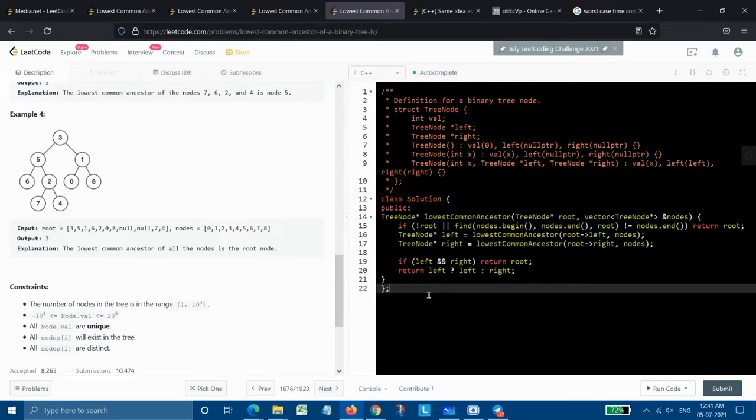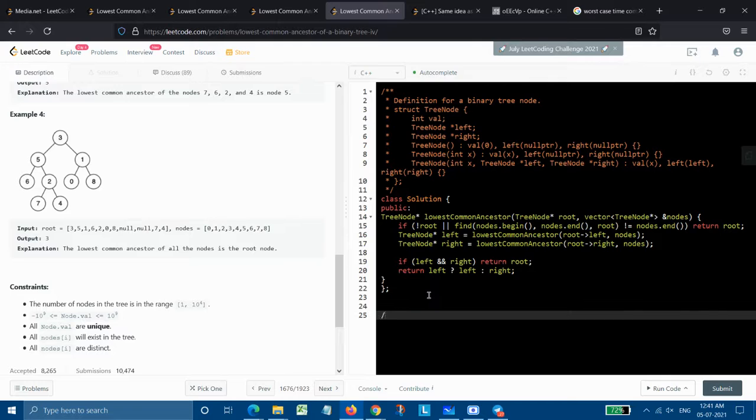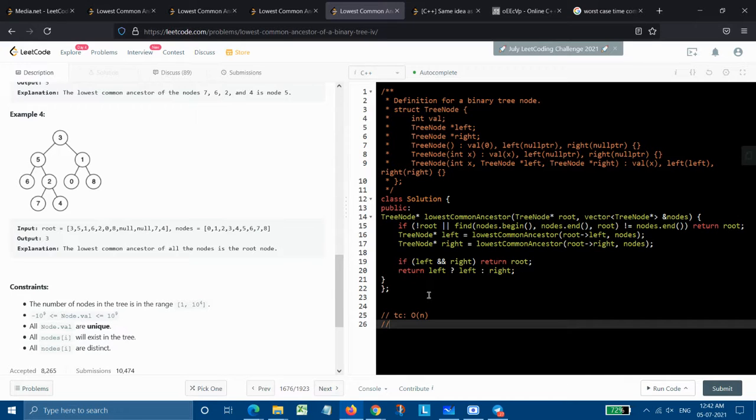So the time complexity will be order of n, where n refers to the height of the tree, and the space complexity will be order of 1. Why order of 1? Because we haven't used anything new as auxiliary content.